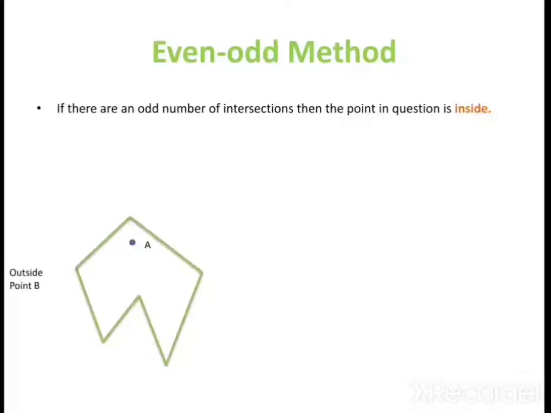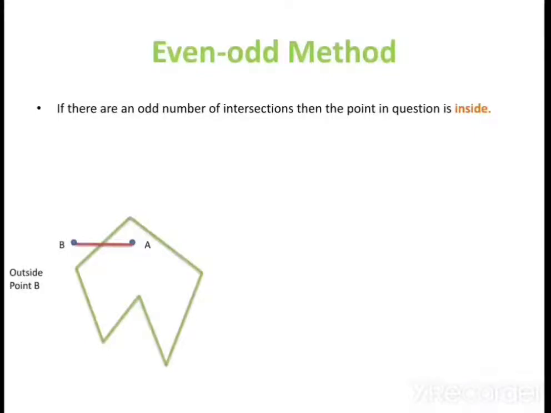For this point I have to find out whether this point A is inside or outside. That is why point A is called a point in question. So I have to check whether A is inside or outside. For that purpose, if this is the point A, then I have to take one point B which is surely outside of that polygon. So, this is the point B, and by taking this point I will join the line.